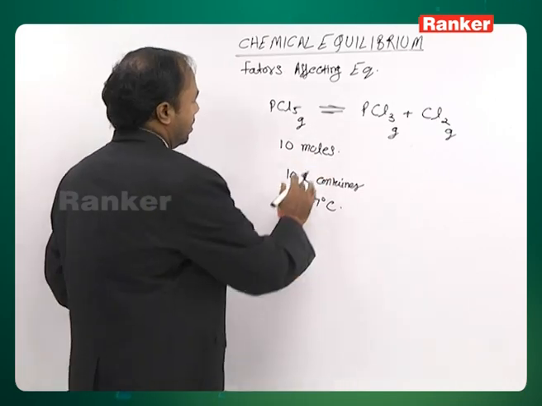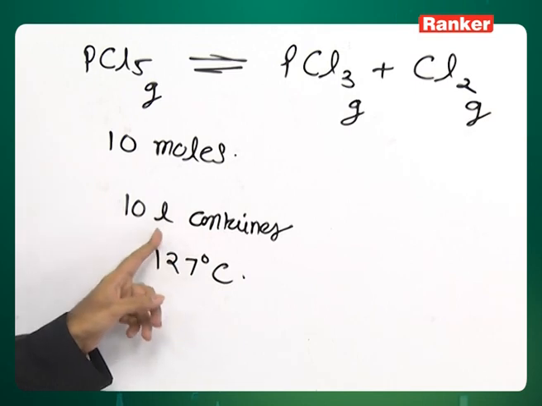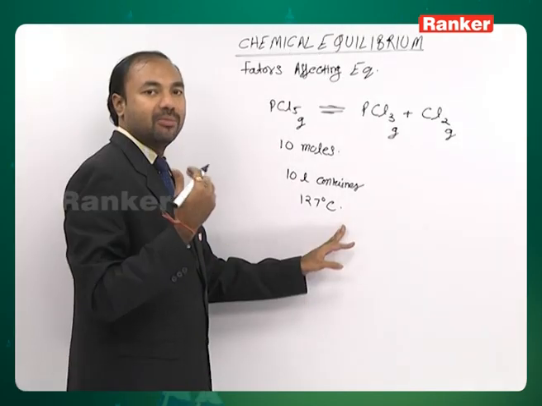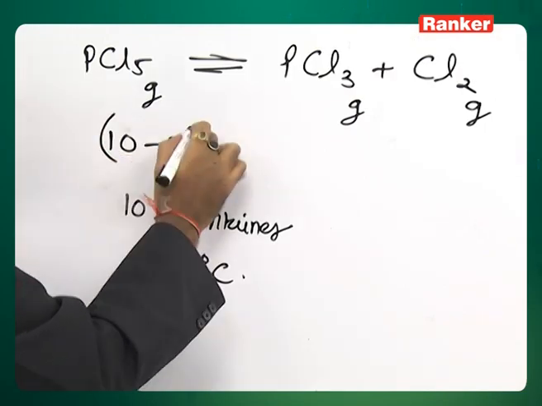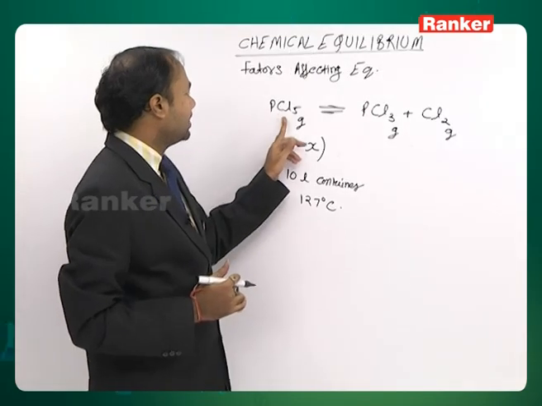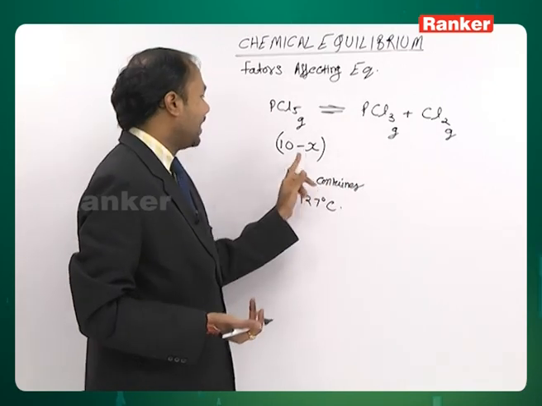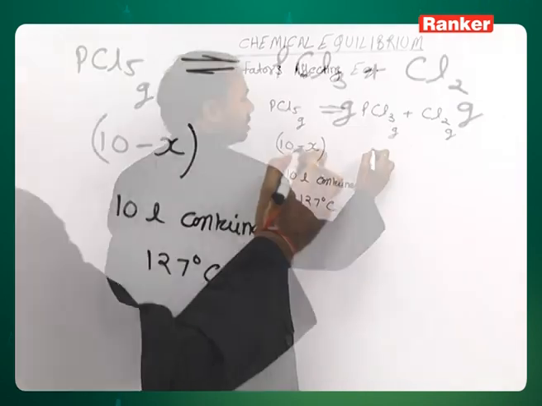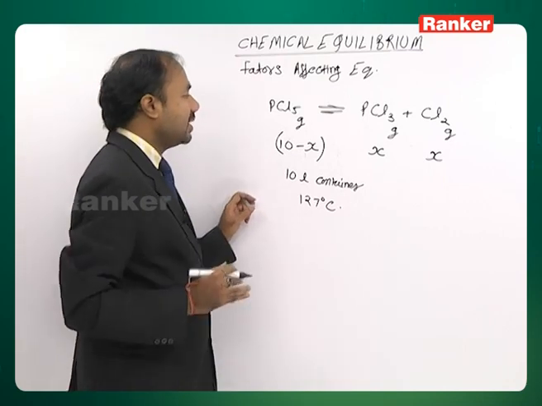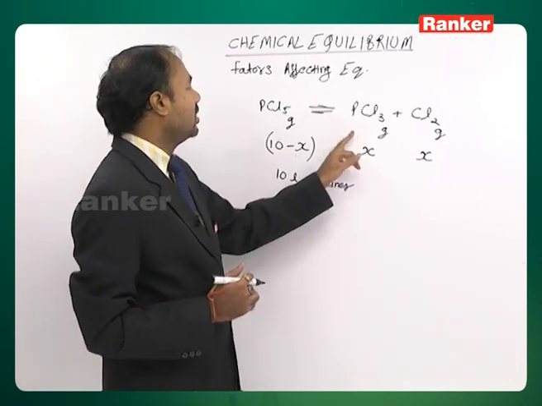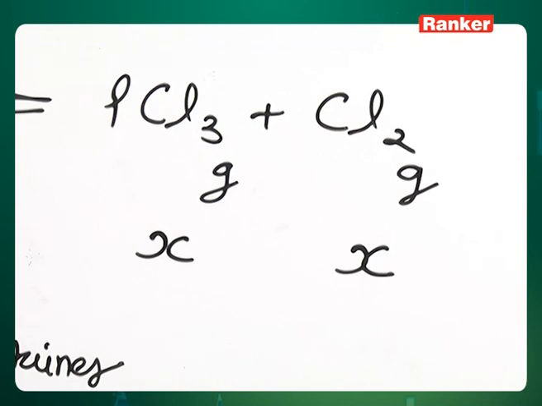See, very simple. We assume at equilibrium, once we kept PCl5 in the 10 liter container at 127 degrees Celsius, decomposition started, and X moles of PCl5 decomposed. Now, if 1 mole of PCl5 decomposes, this reaction shows that we will get 1 mole of PCl3 and 1 mole of Cl2. So, if X moles decomposed, we will get X moles of PCl3 and X moles of Cl2. Right. Our objective here, as the question has been asked, is how many moles of PCl3 and Cl2 we will have finally in the container. How can we find this? Very simple. We will apply Kc,